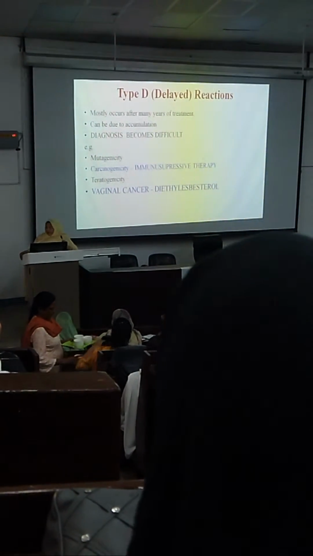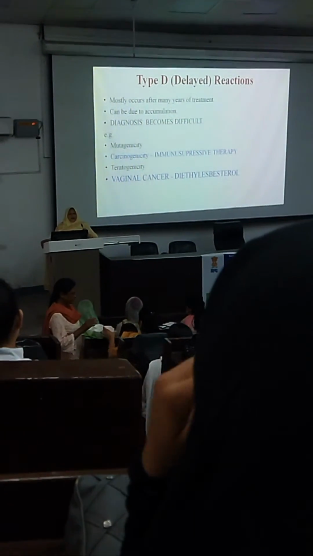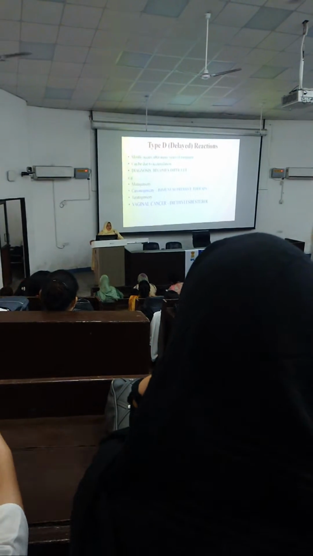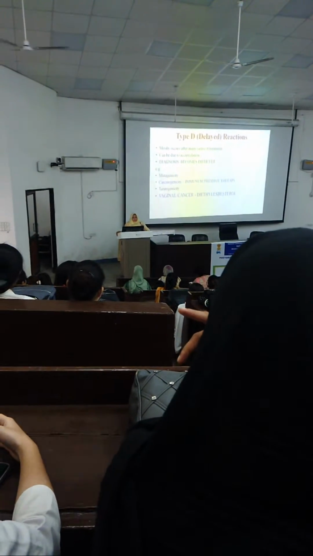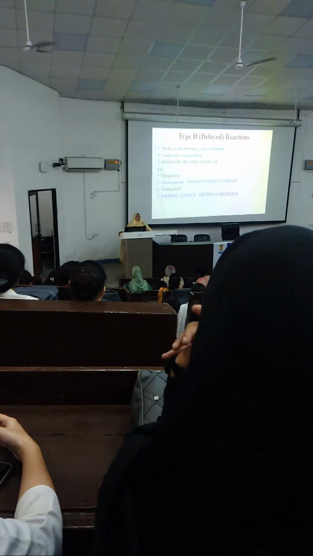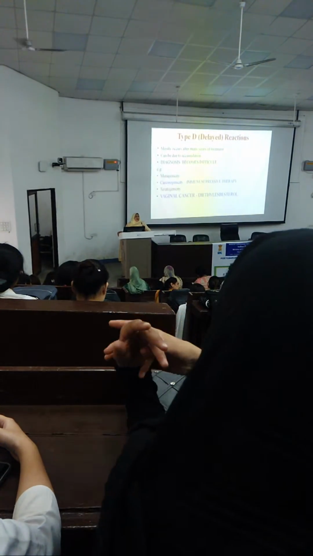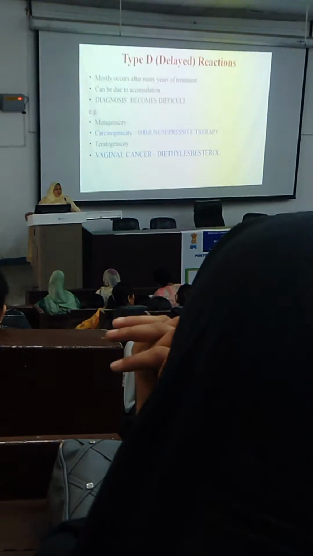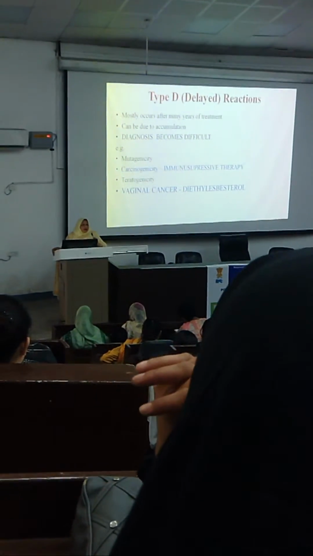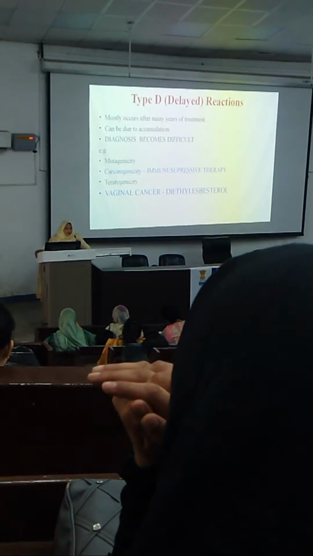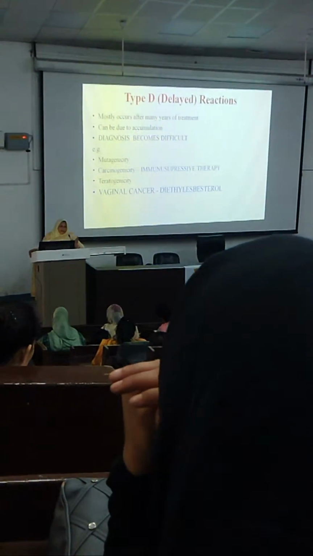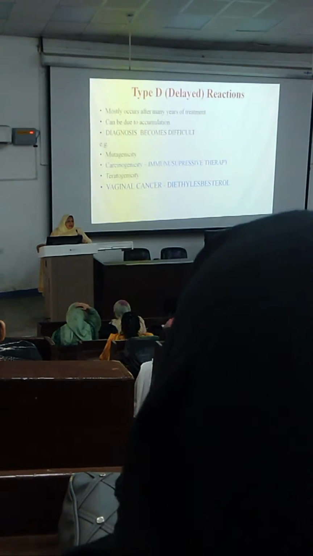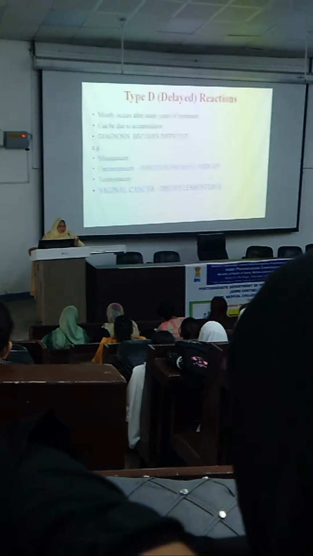नाउ कमिंग टू द टाइप डी आर डिलेड रिएक्शंस देते हैं। इम्यूनोसप्रेसिव एजेंट्स जो होते हैं हम किसमें देते हैं, व्हाट आर द इंडिकेशंस? जैसे ऑर्गन ट्रांसप्लांटेशन में देते हैं, और किसमें देते हैं, और बड़ी सारी जो हमारी ऑटोइम्यून डिजीज लाइक रिमेटॉइड आर्थराइटिस में देते हैं। तो अगर बड़ी देर तक पेशेंट लेता है तो इट कैन कॉज कार्सिनोजेनेसिस। तो कैंसर हो सकता